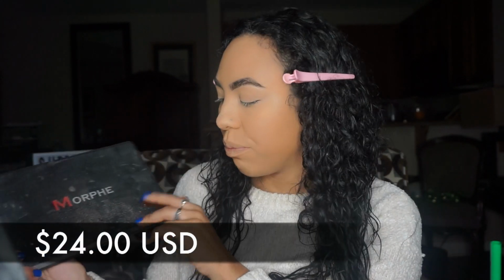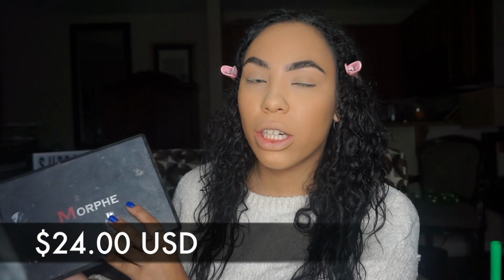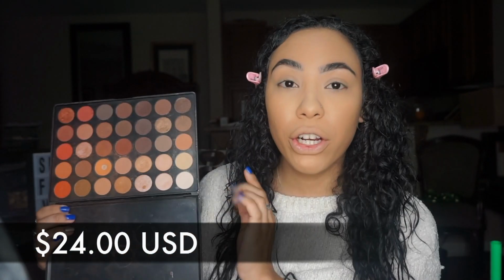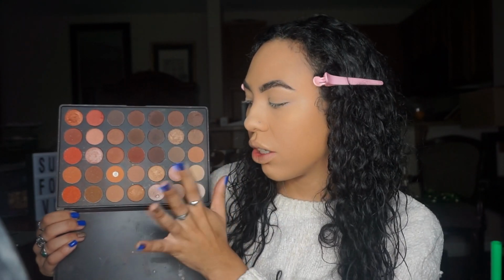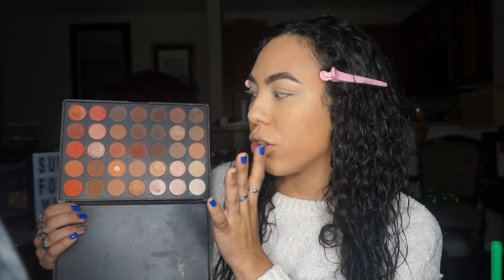Now that my base is all done, I'm going to do my eyes real quick. The palette that I recommend for everybody to start with is a Morphe 350 palette, which mine is super old, super dirty, so please don't judge me. So if you've never heard of this palette before, this is a Morphe 350 palette. It's a very neutral palette. There's obviously no pops of color. There is orange, but I feel like orange is like a neutral color. There's cool tone browns, there's warm tone browns, there's a couple of shimmers, and I am just obsessed with this